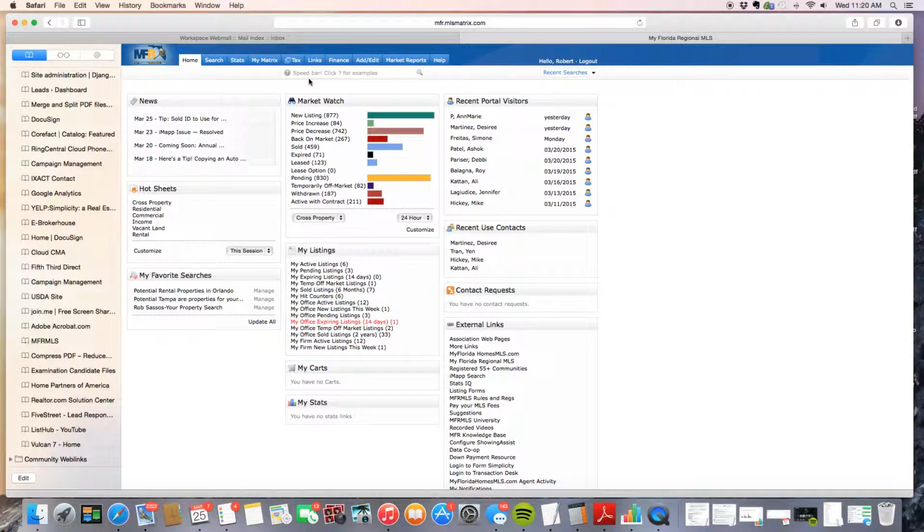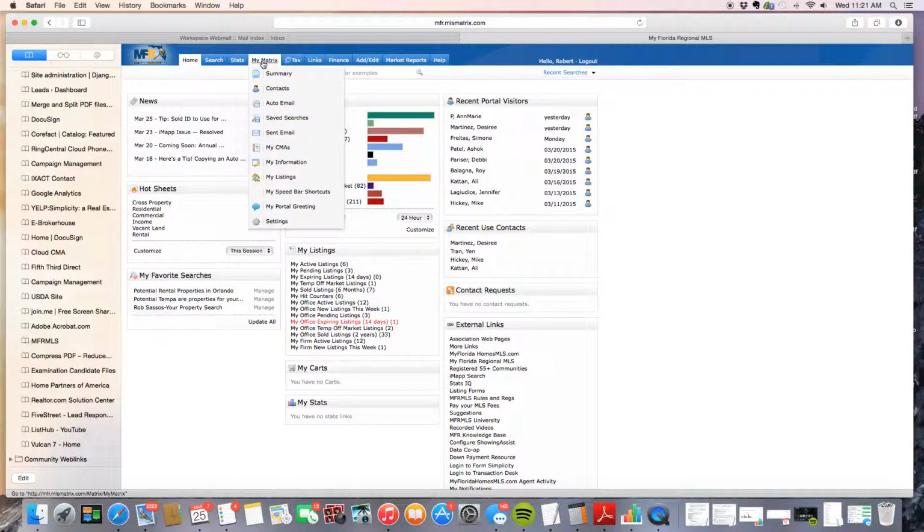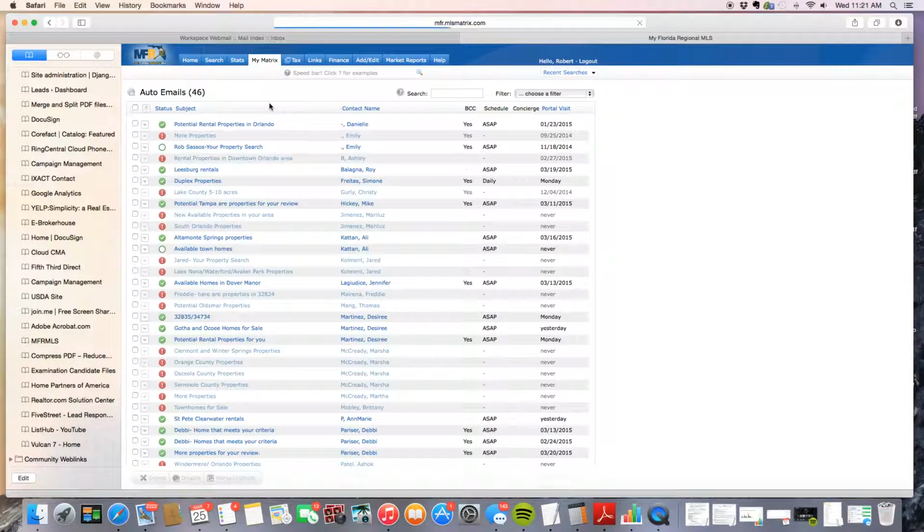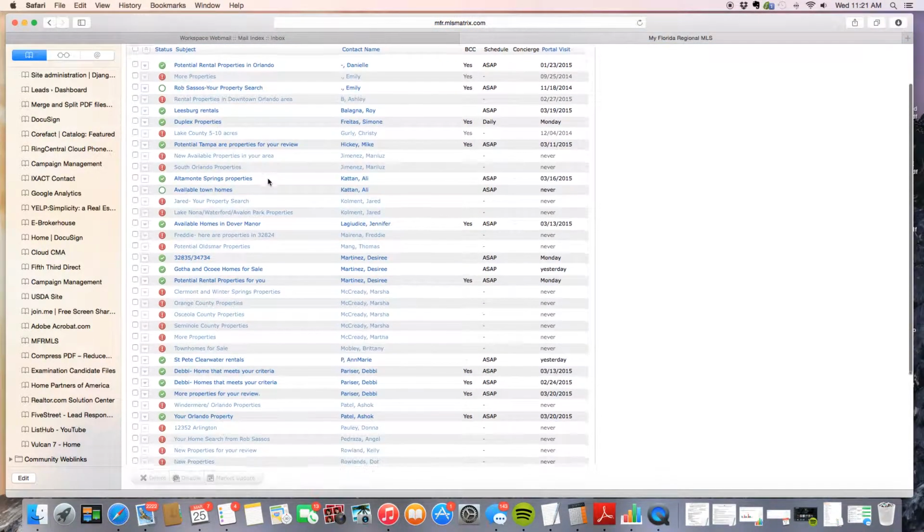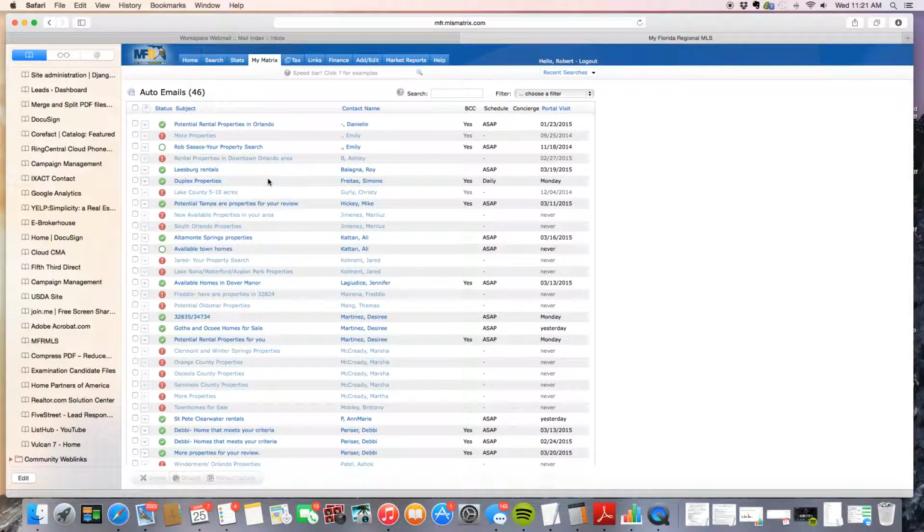So how do I find it and where is it, right? You're going to go to My Matrix and Auto Emails. Okay? Click on Auto Emails, and all your auto emails that you set up will be right here. Okay? So if there's a checkbox, that means that they're active. If there's a red exclamation point, that means they've expired or they've been canceled. Okay, if they're active,